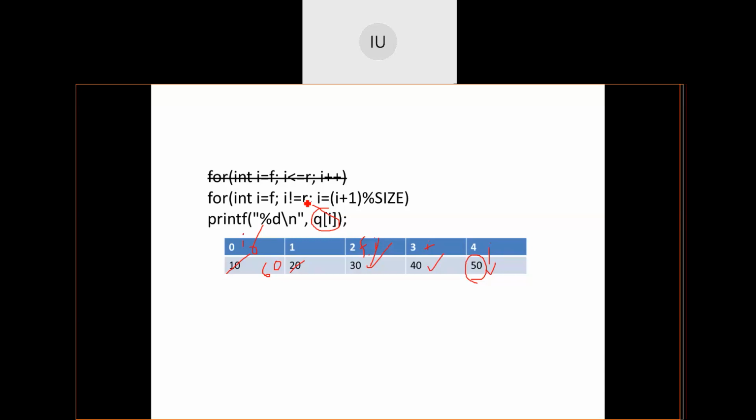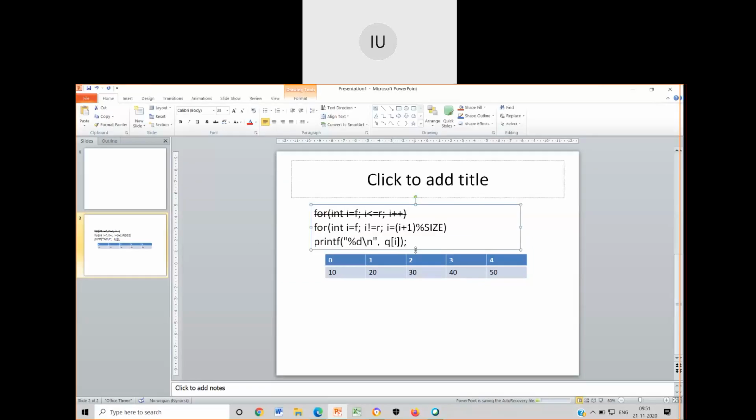Can anybody comment? Can I do it this way? Guys, purposely I am doing these corrections in front of you because you will get all these options in your mind.